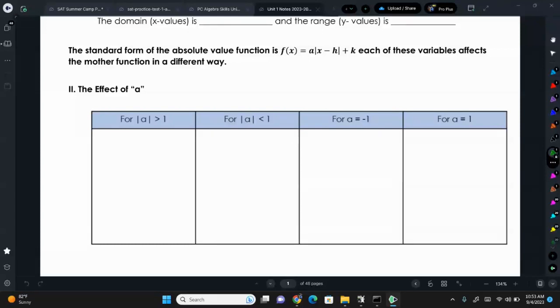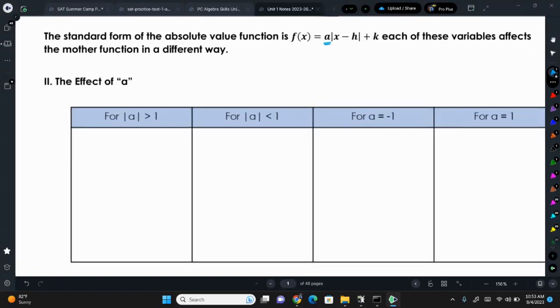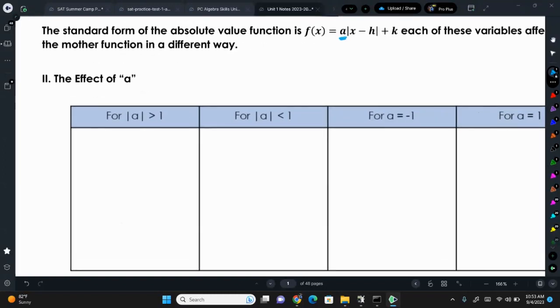Right, so the first thing we're going to do is explore what the a value does. The a value is in front of the absolute value bars. And if the actual numeral is bigger than 1, so even if it's -3, that number in front is 3. The numeral is a 3. Or think about it as, if the absolute value of a is bigger than 1, we call that a vertical stretch,